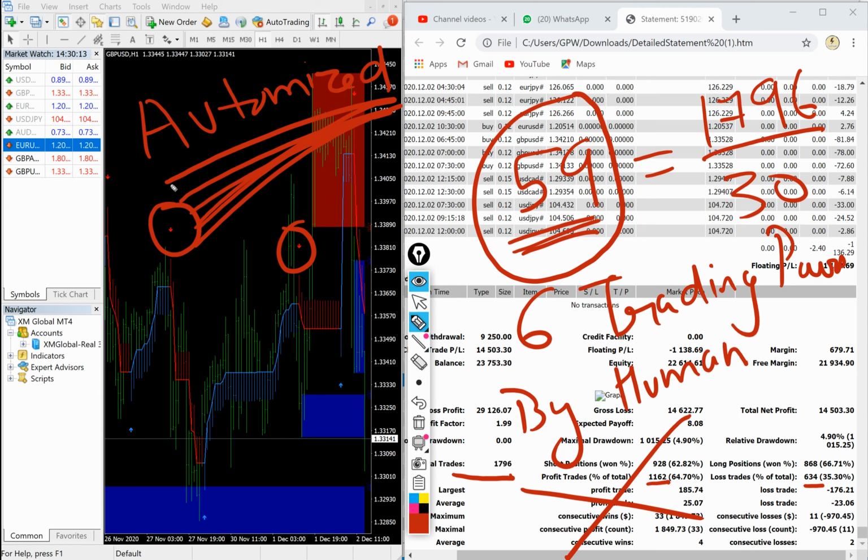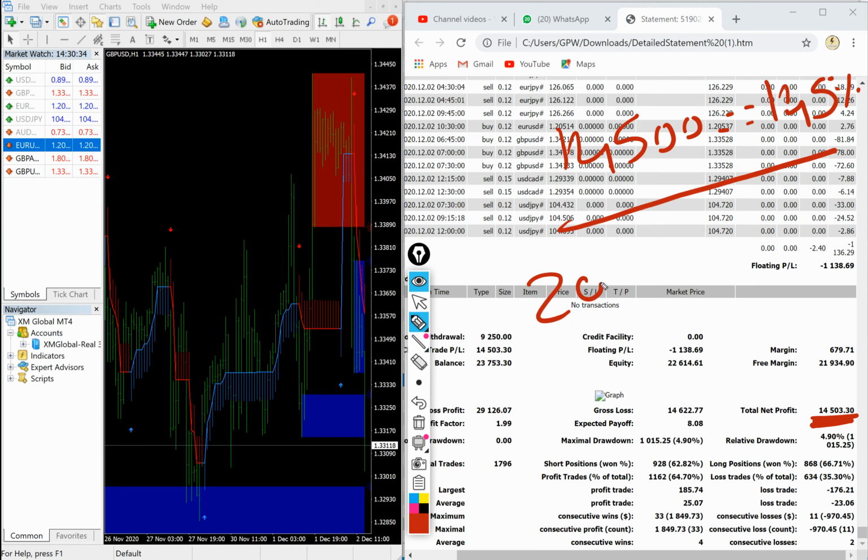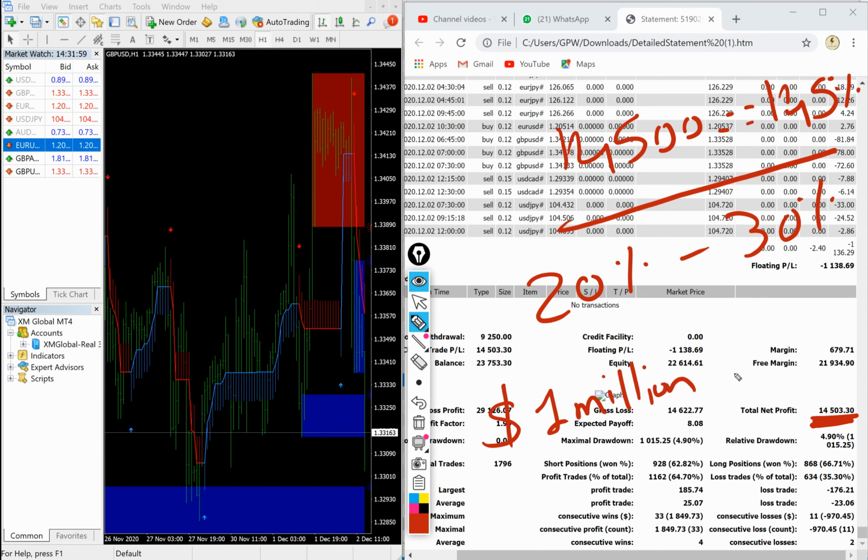They will guide you on what to do to get the same profit of 14,500. You can see here 14,500 in just 1 month, which equals 145%. So if you think about it, this is a high return with a risk of 20% to 30% in your trading account. The plan on this account is to reach $1 million. Right now the profit is 14,500. Our target is 1 million on this account.